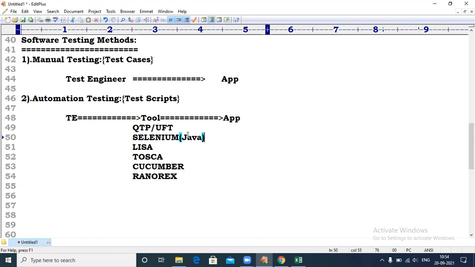In any company, only two types of testing are there: manual testing and automation. In manual testing, we have to write all the test cases. In automation, those test cases we can convert into test scripts with the help of some tool, which is called automation. Why automation? What are the advantages? Later on I will tell. Like we can save time, scripts are repeatable, accuracy in results, and the tool will provide a test report.